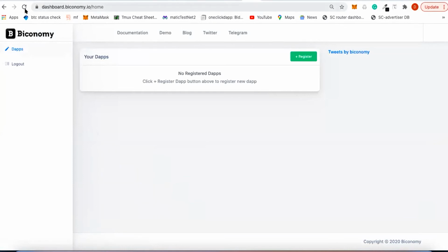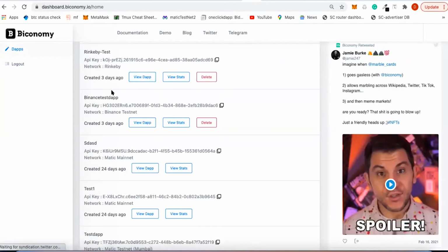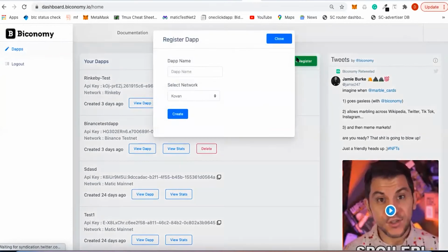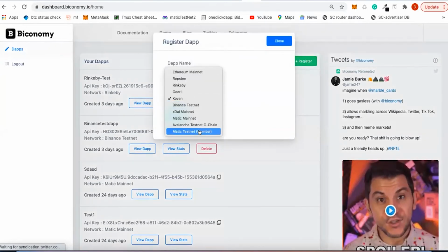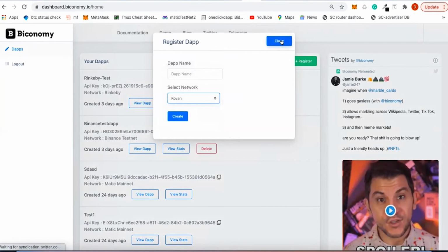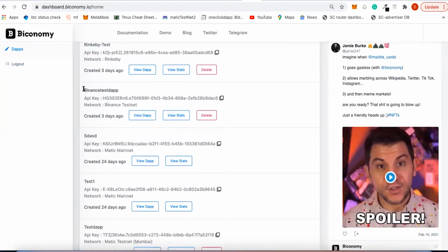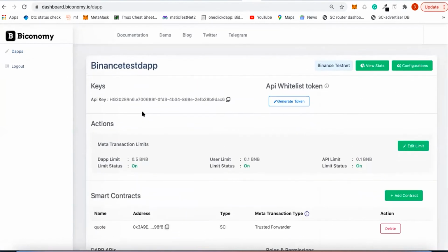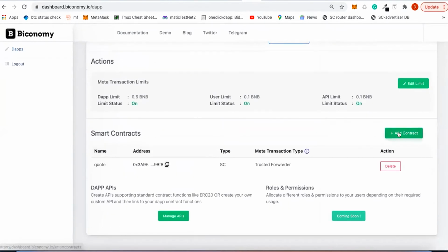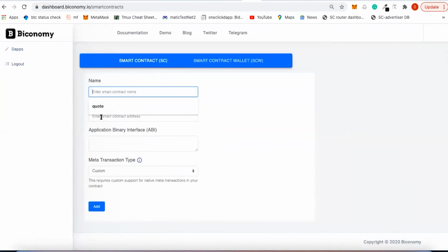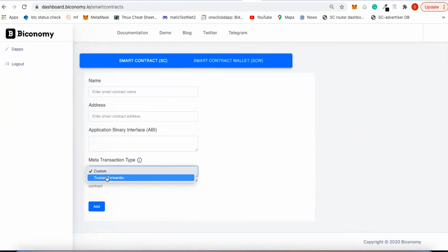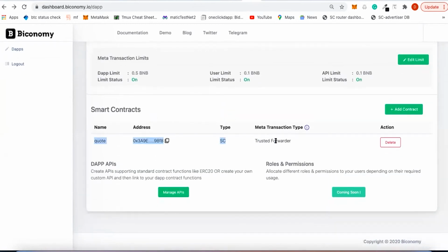It's quite simple. Go to the dashboard, register, create your DApp, select Binance testnet, name, etc. I have created this DApp already, so I can show you inside of this. Now this DApp is created. Add your smart contract here: name, address, ABI, and select trusted forwarder, because now we are using the trusted forwarder approach, right? Click on add. The contract will get added like this.